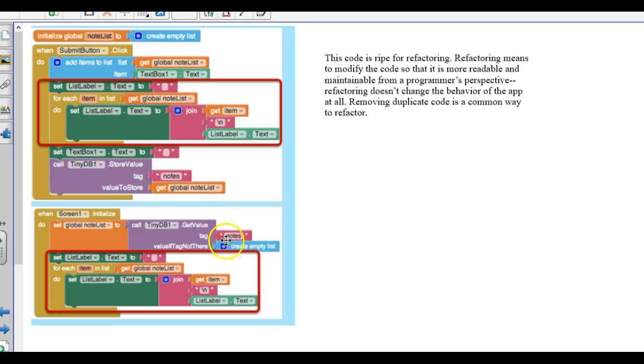So if we look at our code here, we can see that there's a spot where we have some code, and then we have the identical code down here. So when we have our submit button for our list, we have this for loop here, and we're joining labels with list items and all this fun stuff. But then we have to do the exact same thing when we initialize the screen, so that way when the database first loads, it loads everything into the screen. So this piece of code, because it's in there twice,